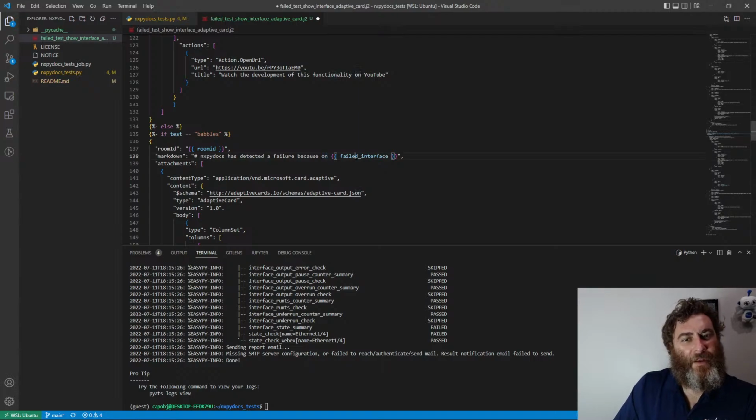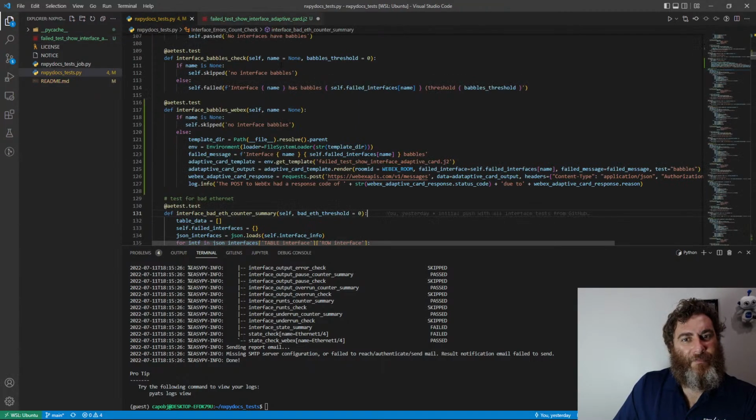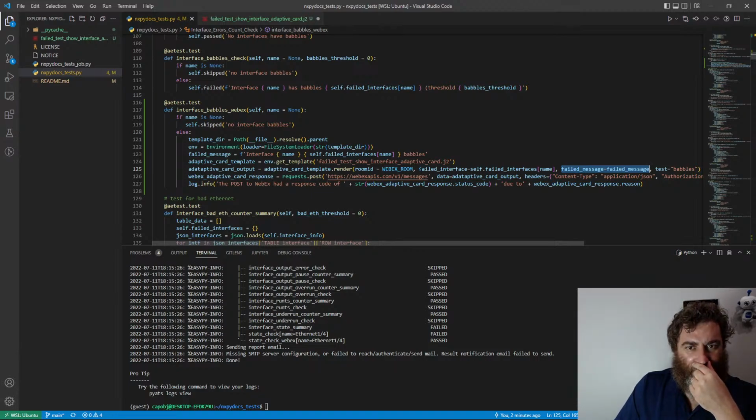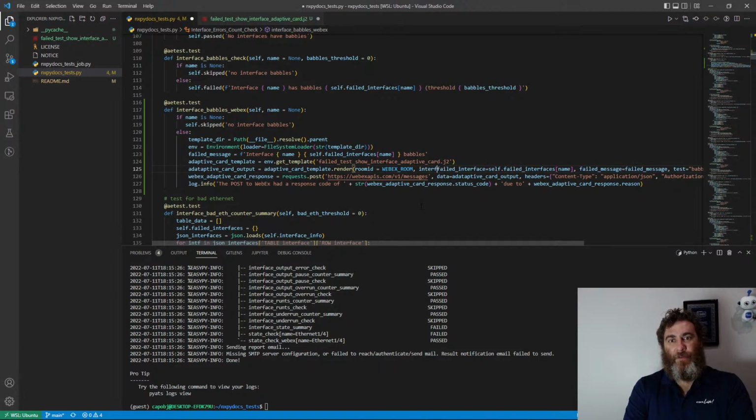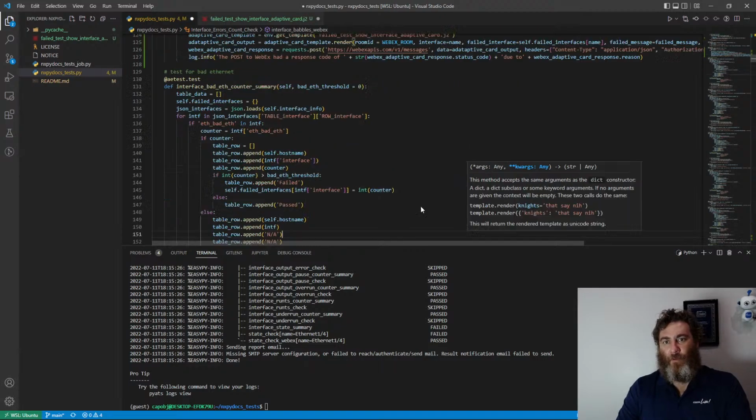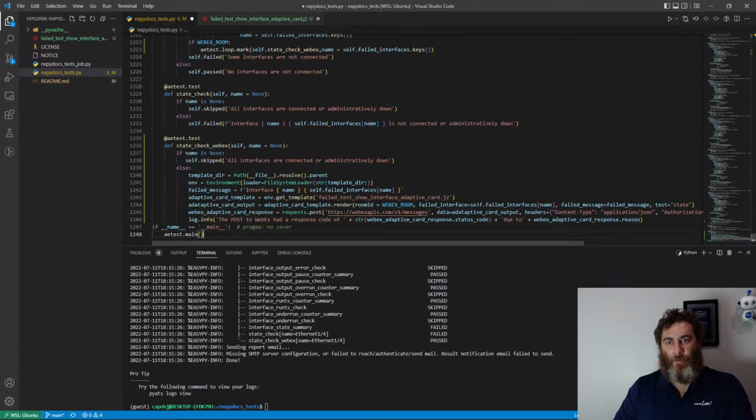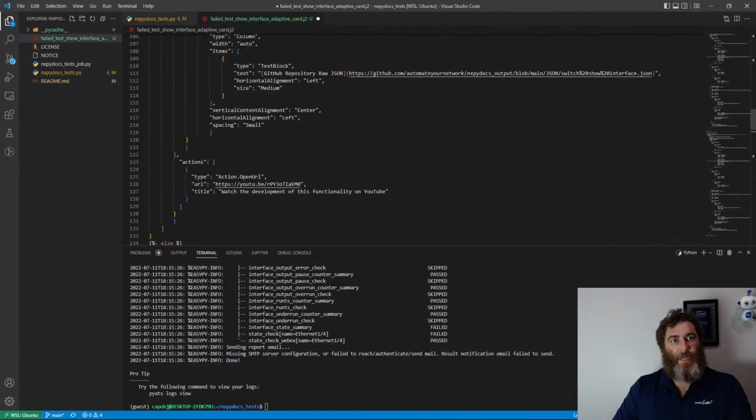and technically, so this failed interface is actually the message. It's not, I have this backwards in my code. Failed interface, this is actually the test, not the failed interface. And technically I don't need the failed message. Well, I kind of like the failed message. So what we can have is interface equals name. Interface equals name, and go back into our adaptive card,